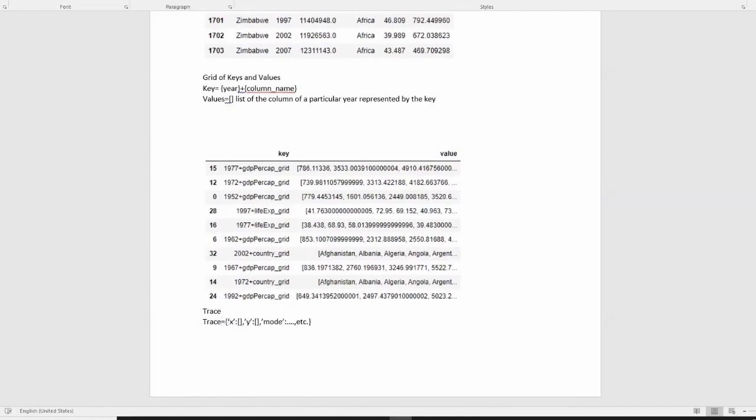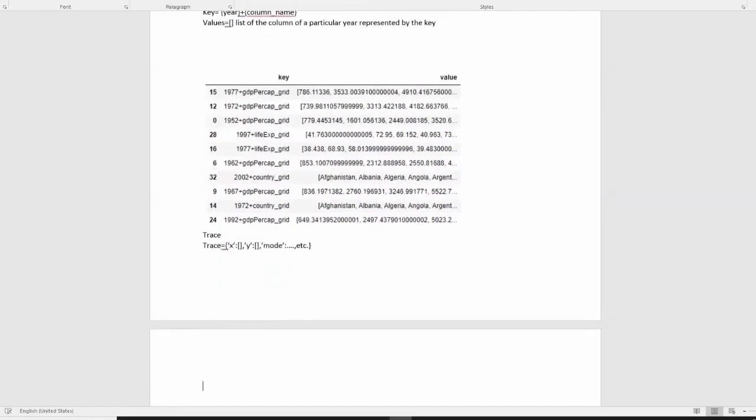So after the library creates this trace, it is then appended to a frame. Frame is the parent dictionary which contains all the traces. It contains a dictionary in the following format: the data, which contains the trace, and then we have type.